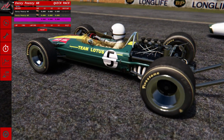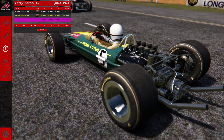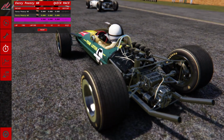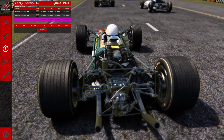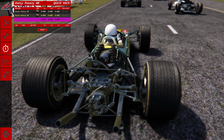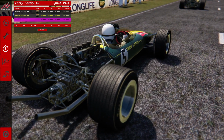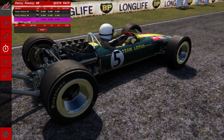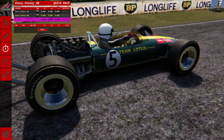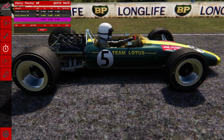And yeah, so we're going to be driving the Lotus 49, probably one of my favourite cars to drive in this game, and just an awesome, just wicked quick car. And we've also got a field of other cars as well. We've got a McLaren over there on the right. We've even got a couple of Hondas, Ferraris, and Brabhams, and a couple of others as well. But yeah, this is going to be a great race. We've got 7 laps complete, and